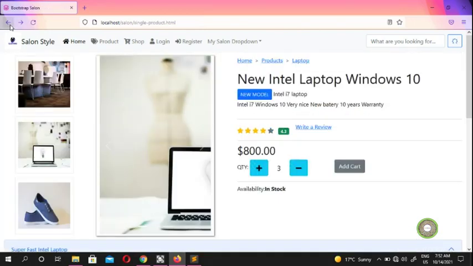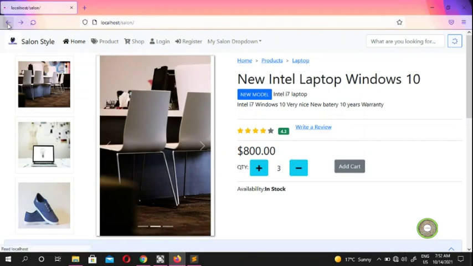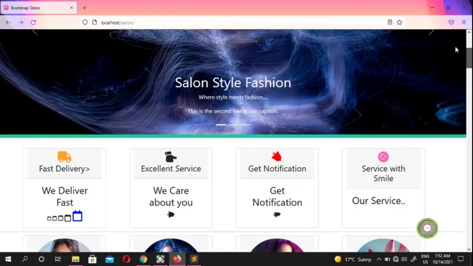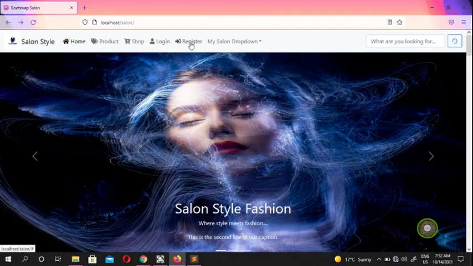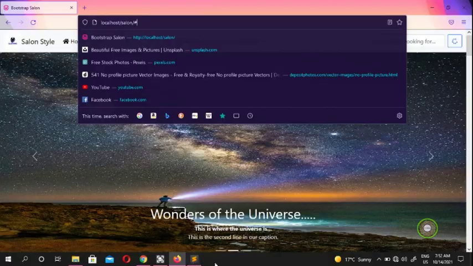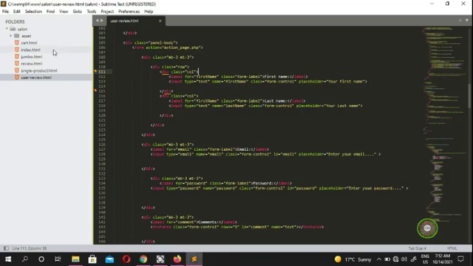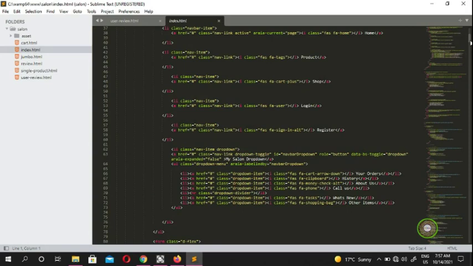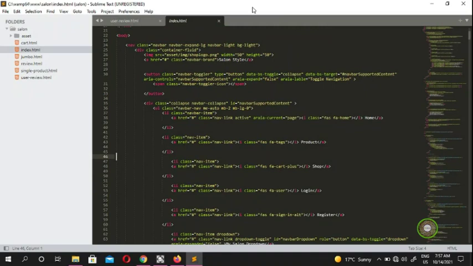All right, so when you go back and go to the top, you see there's a login and register. When we press them, we don't see anything. So now we're going to fix this, because we're going to revisit this login and register. Look here inside your index: this is the salon style, with home, product, shop, login. And as I said before, inside this login we have an anchor tag, and we go to login.php,